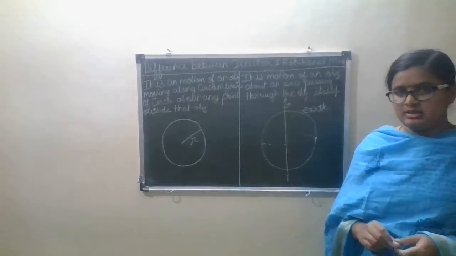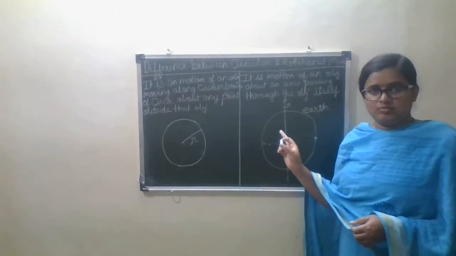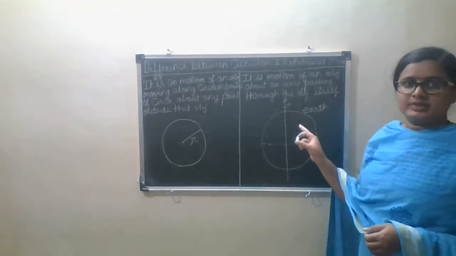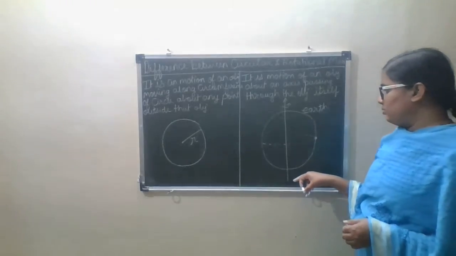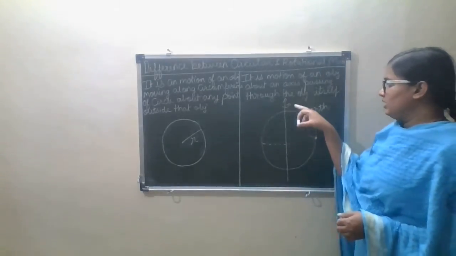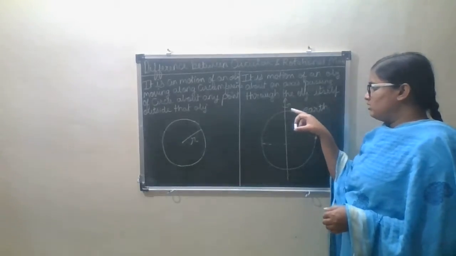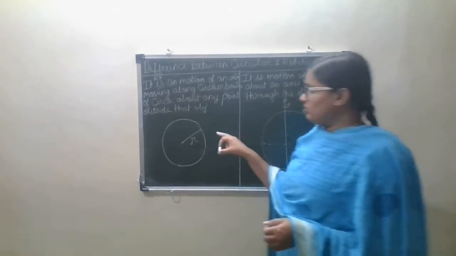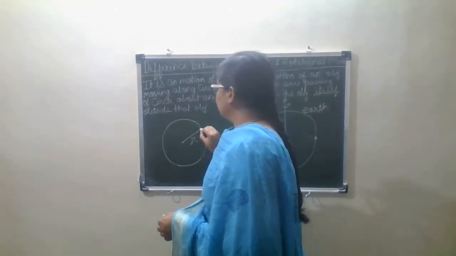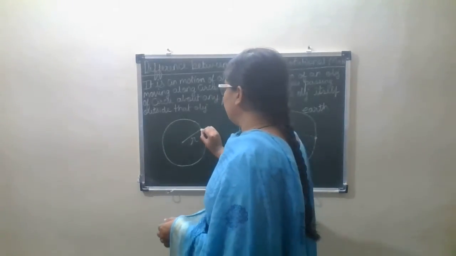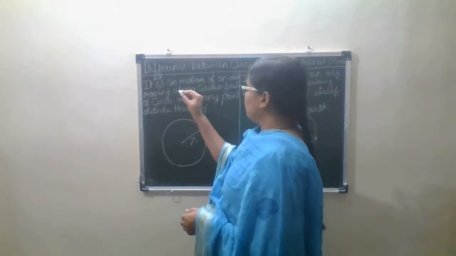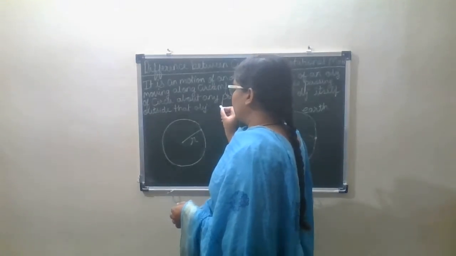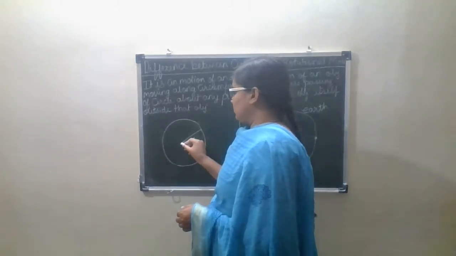So the example we can see here: the earth is rotating about an axis, meaning this is the object which is moving, and the axis passes through the object, and then the earth is rotating. This is called a rotational motion. And here in circular motion, the difference is there. Circular motion is the motion of an object moving along the circumference of a circle at any point outside that object.